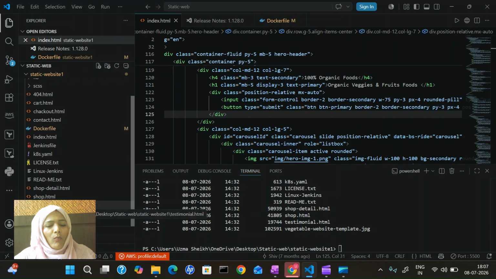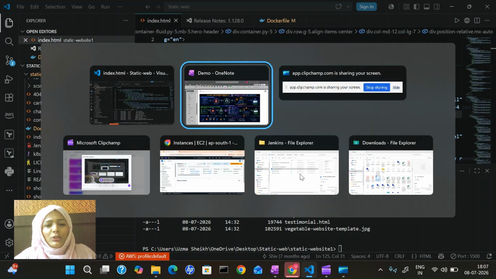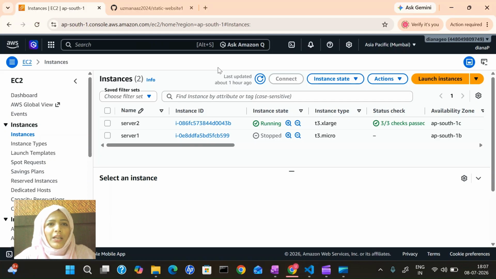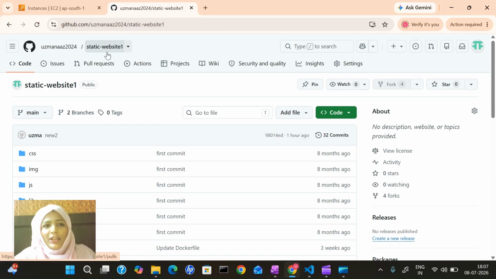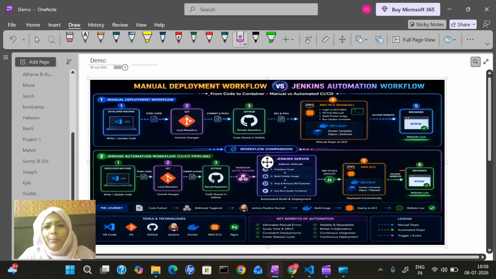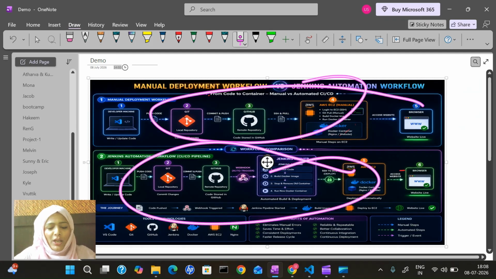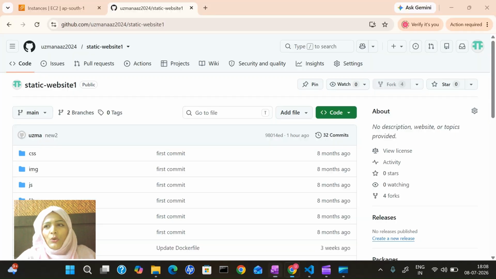One time I already pushed this code to the GitHub repository. Next time I will show you by pushing again. One time I had pushed it to save time. My agenda today is not to show you the complete setting of the pipeline. I just want to show how much complicated work becomes easier if you are using Jenkins. So one time I already pushed the code into my GitHub repository. Second time also I am going to show you.